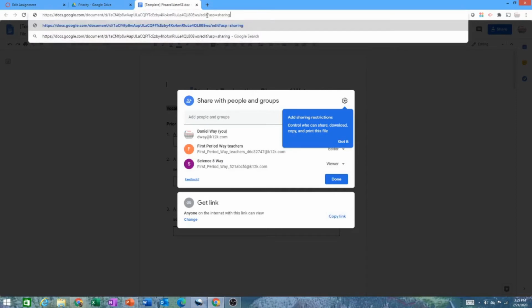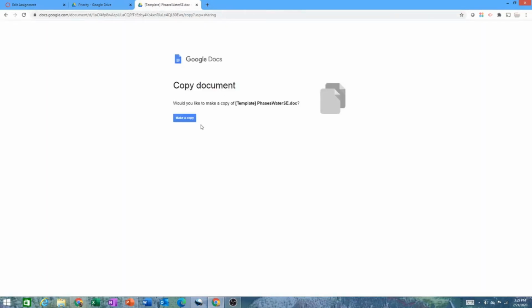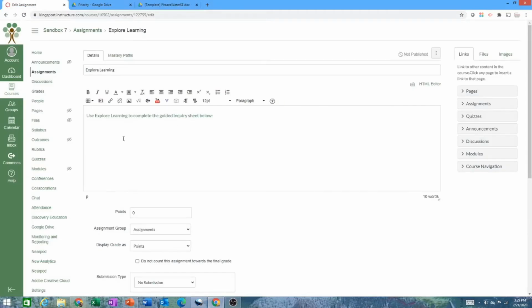But if you wanted another option where this says edit, you could change that to copy. And when I hit enter, you will see that that's going to take my students to a place where it requires them to make their own copy of this document, and they can't type each other cute messages back and forth. So I am going to say that this is the guided inquiry sheet, and I'm going to add a